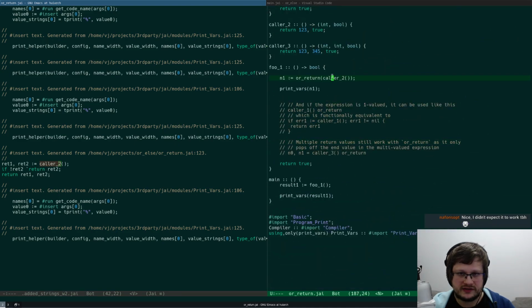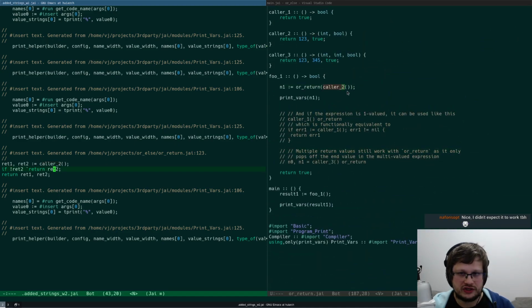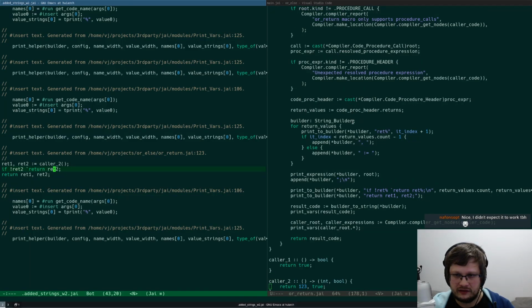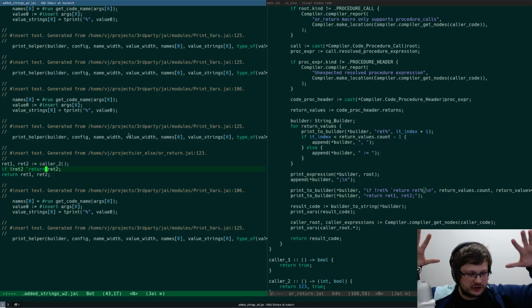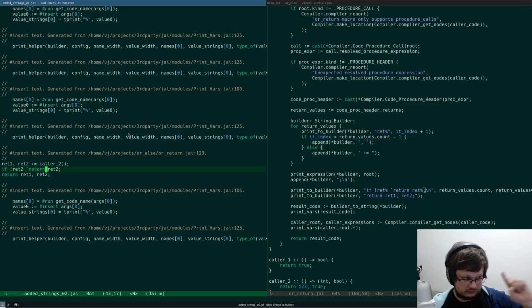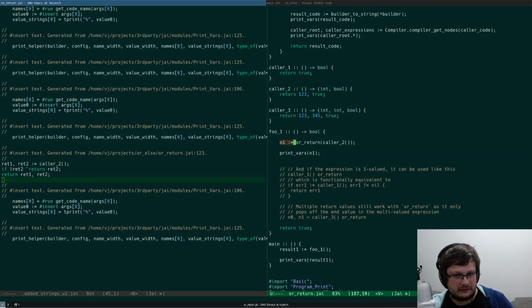So here's the expansion, right? So color2 is here. And we generate the code just as a string. Yeah, it starts here in the string builder. We add just return1, return2 here in the loop, return values. Then like this, colon equals here as color2. Then if not the last return, we do backtick return. So the backtick shoves the code into the outer scope, the caller scope of the macro, right? Otherwise, we return from the macro, like we return here, right?